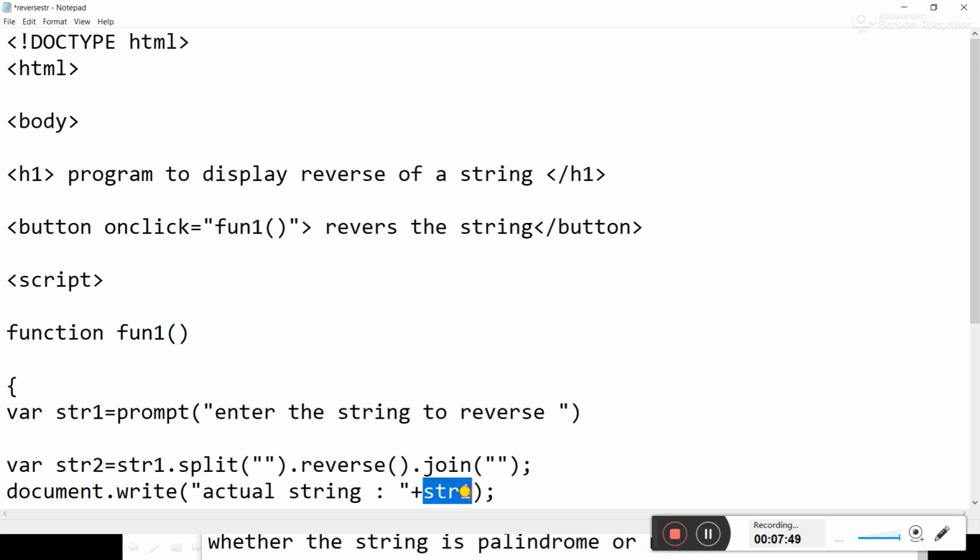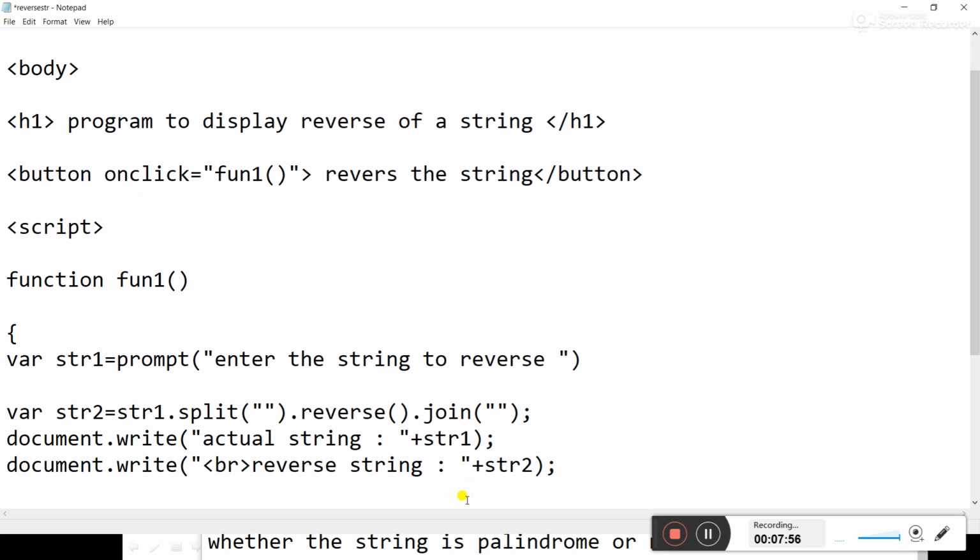What is the actual string? str1. Then we will display the reverse string using the document.write method. The reverse string is str2. So we will display two strings: first the accepted string and second the reverse string.